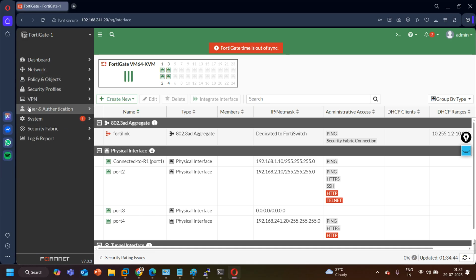User and authentication. Now I am interested in taking a backup of this configuration, whatever configuration we have. I know we don't have much configuration here, just the interfaces configuration, but I need a backup. So how will I take a backup? Just click on this admin. Here it is. Click on admin